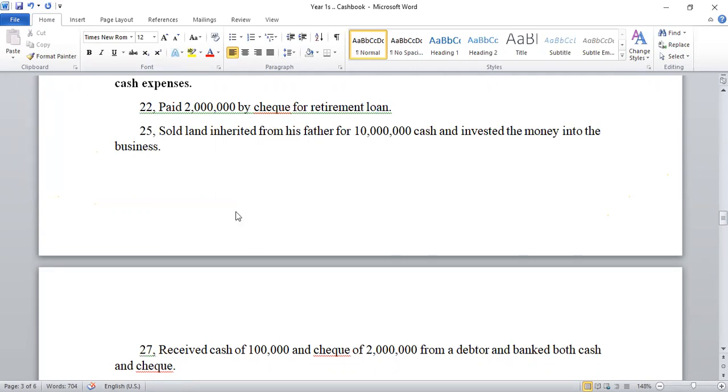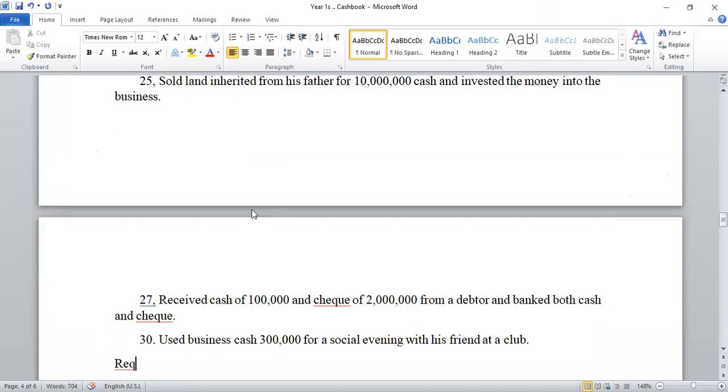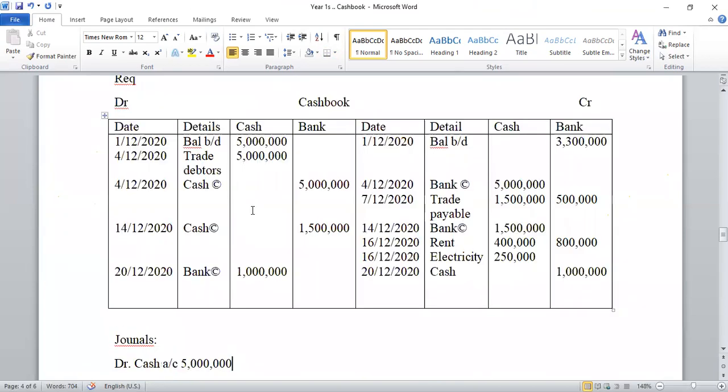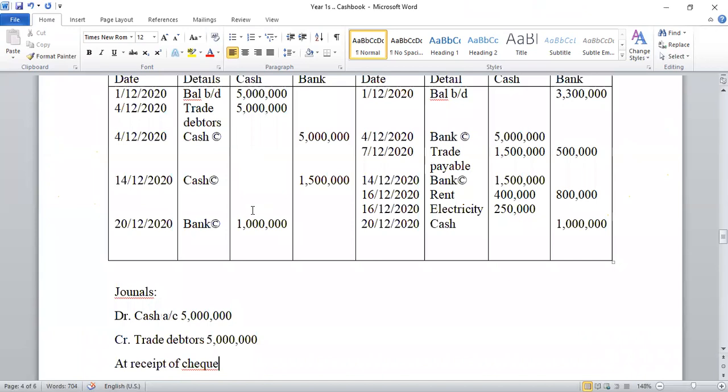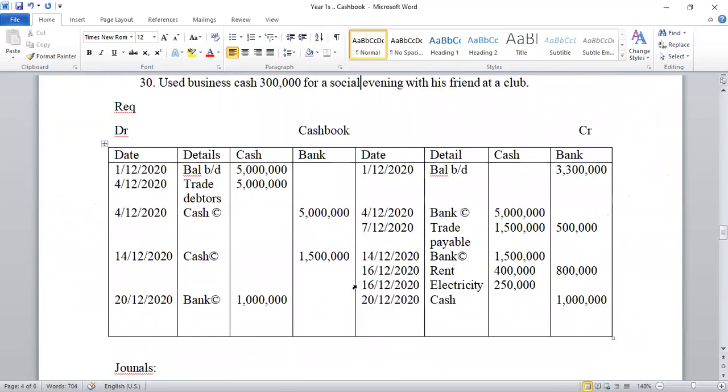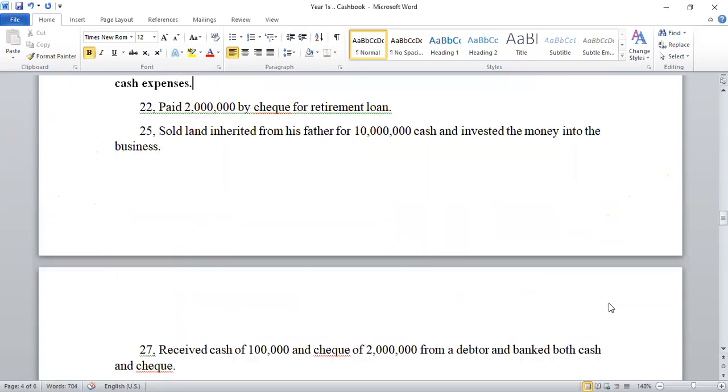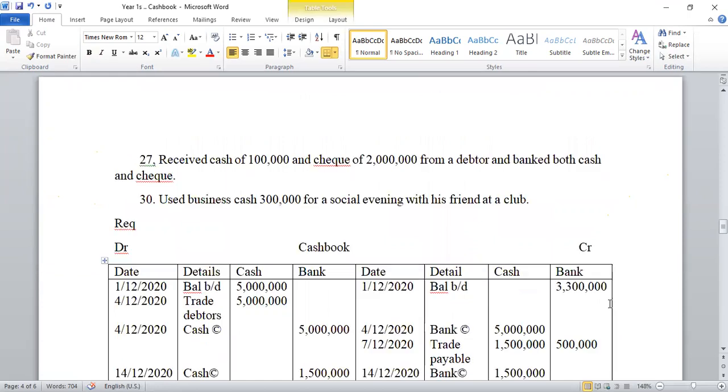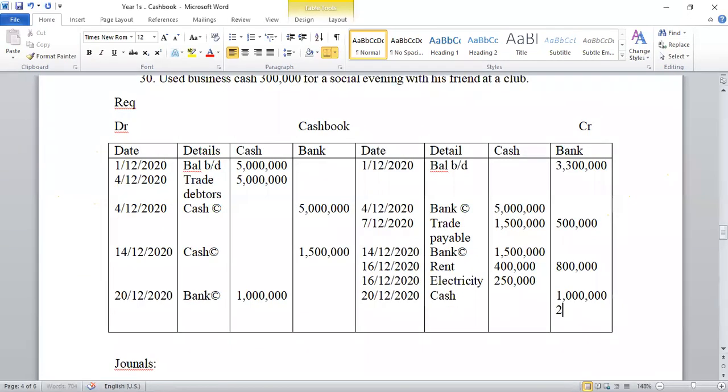So that is it. I'm going to pass the entries. I don't intend to write the journals. I've talked about it, so I hope it can click in your mind that we are going to credit bank and debit the loan. So come to the cash book. I already told you that the cash book represents the bank account and the cash account. So we are crediting. Go on the credit side, bank column, put the money. It's 2 million. So come and say 2 million. By doing this, you're crediting the bank.